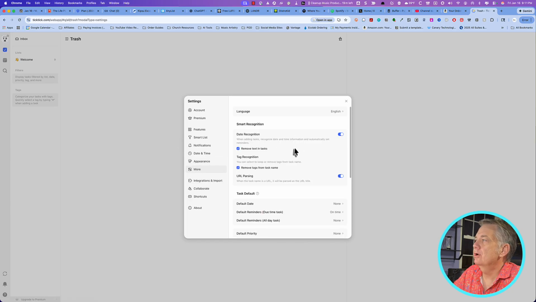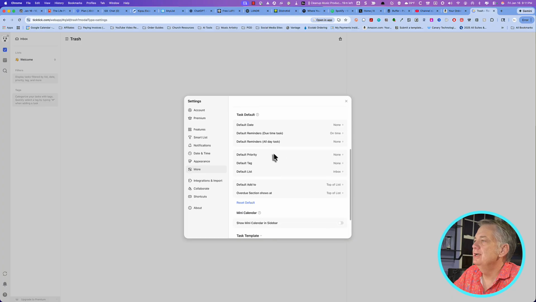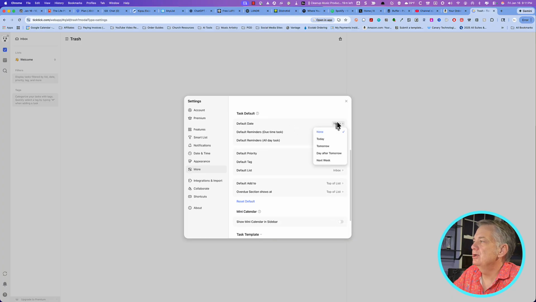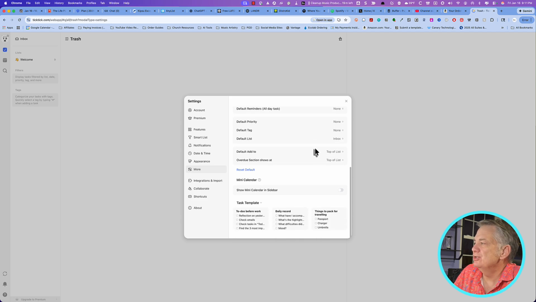Then, of course, you got more here. You got date recognition. You got your task default. Do you want it to default to today? So when you create a new task, is it going to be for today, or do you just want to pick that at your leisure? So these are all kinds of different settings you can set for your to-do list manager,